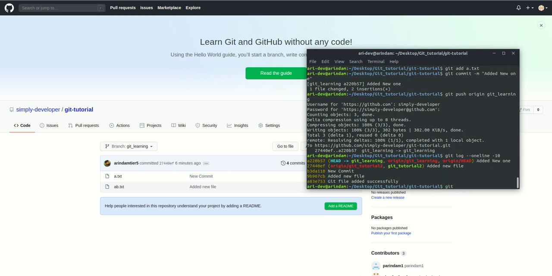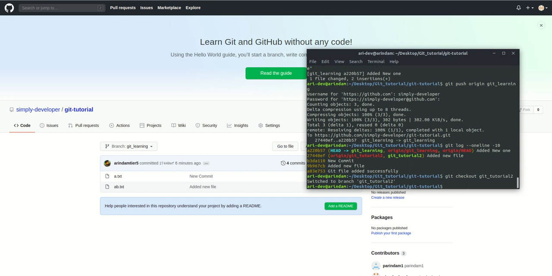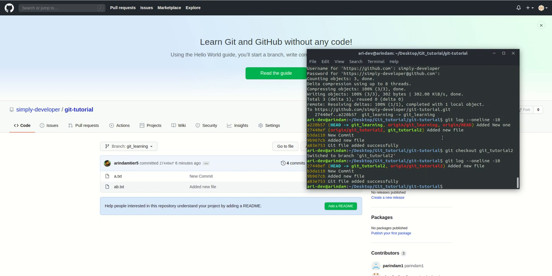Now git checkout git tutorial 2, okay. So here the last commit is "added new file". So now we rebase with git learning. Rebase is basically like a git merge. If you merge something, you check out to that branch, then you merge.